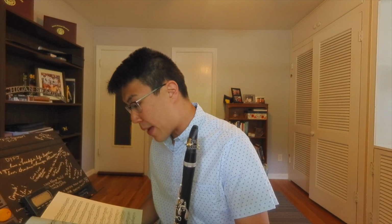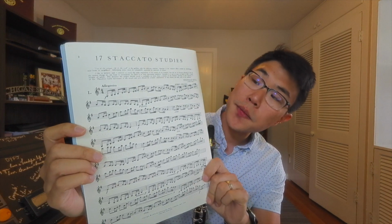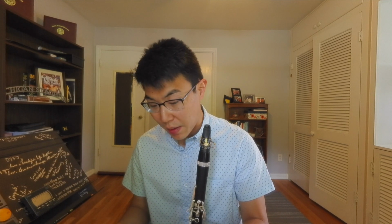And what I like about these is they move, depending on which study you use, and they start out very linear in motion, like this. And then as you get later, things get a little more complicated, and there's more change of registers. This is one of my least favorites, and by least favorite I mean I always find this one challenging, especially as you get into it, these wide